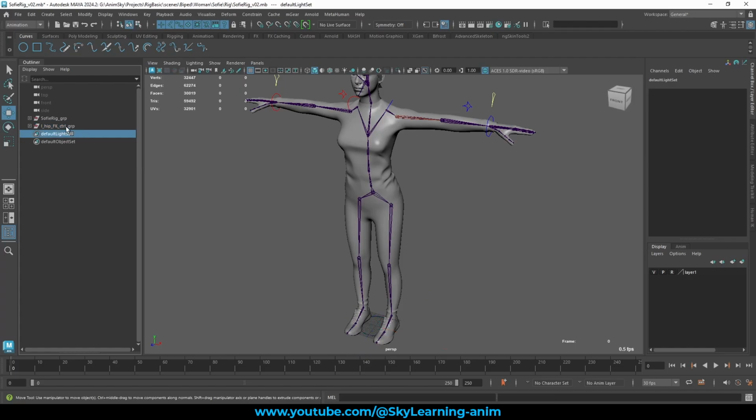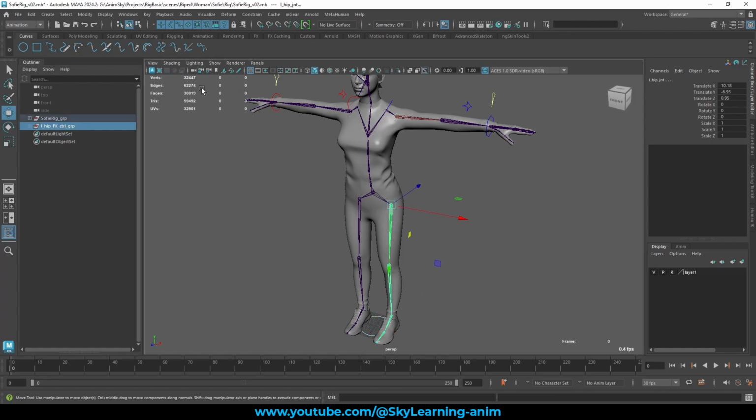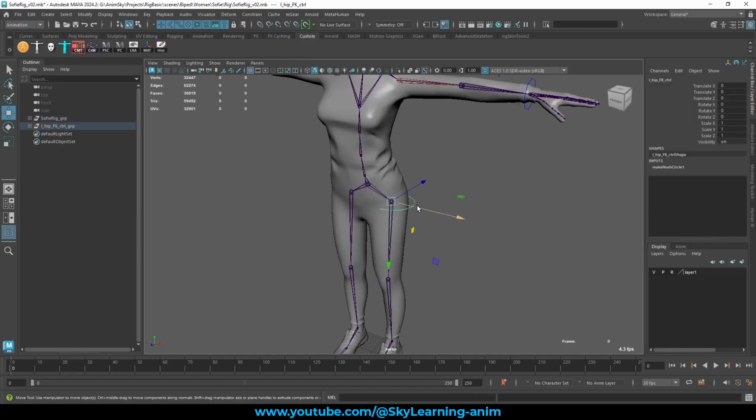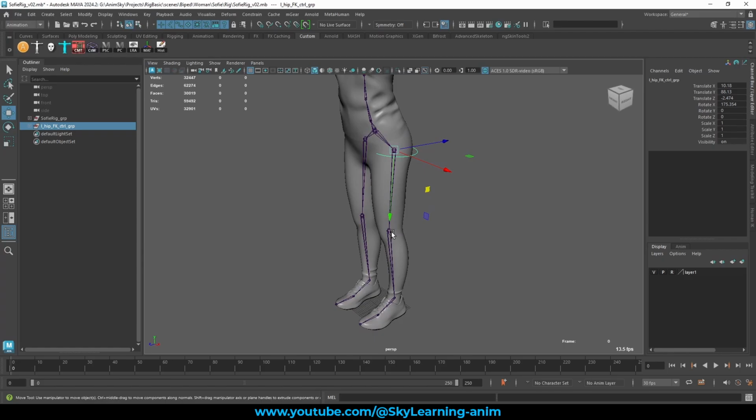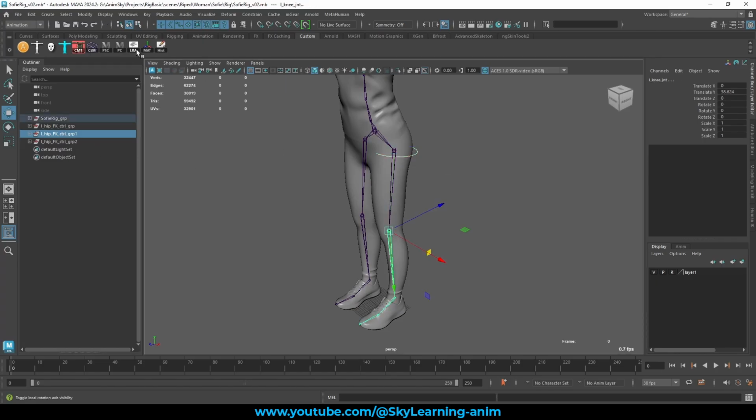Just snap it now. Select this one and select the joints, and we can go to our custom shelf, and here we have made one shortcut for match transformations. Click it, and then you will see our controller is snapped with its rotation aligned to the joint. We're going to make two more controllers right now. So why not duplicate this one two times and snap it? This one, this one,